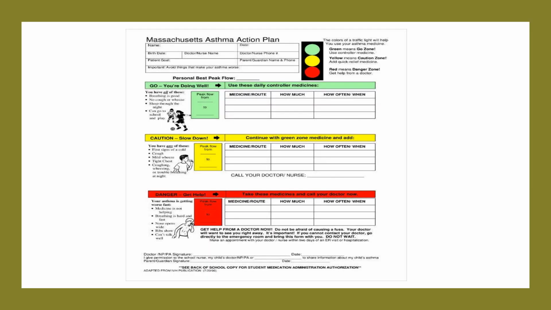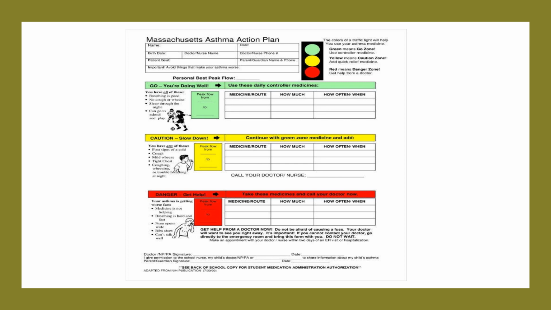And here's another example of it. It shows a kid with a soccer ball. This is a Massachusetts action plan, which is very easy for everybody to understand. Green is great. It's just like you go and you're going. Yellow is be careful, okay? And the red is, hey, we're in a problem. So it's just like a stoplight, okay? Green, we go through it. Turns yellow, we gotta be careful. And if it turns red, we have to stop. So that's the kind of ideology.